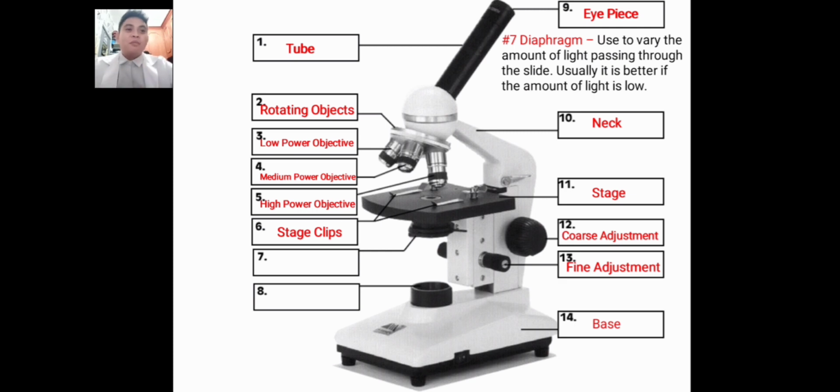Next is the diaphragm. Used to vary the amount of light passing through the slide. Usually, it is better if the amount of light is low. Yan po yung diaphragm. Kung nakikita po natin, nasa baba po siya ng stage and stage clip. It's also known as the iris. It's found under the stage of the microscope and its primary role is to control the amount of light. Yan po yung pinaka-role niya. Wala po siyang ibang role kundi i-control yung amount of light